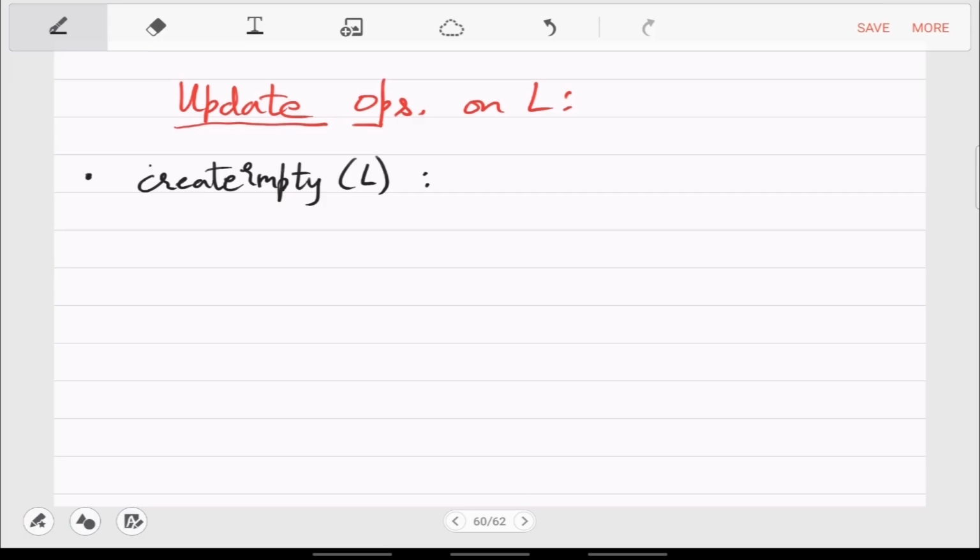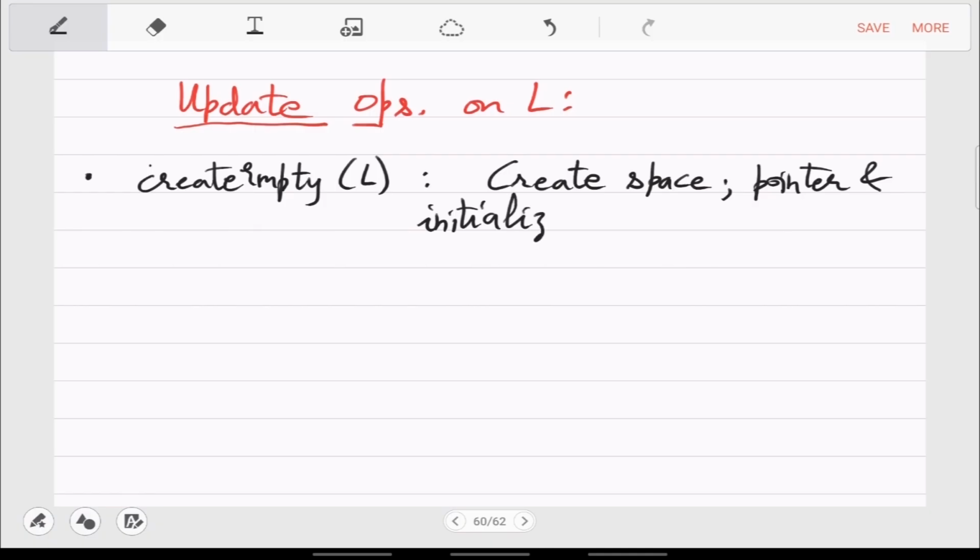So what this will do is it will create space, its pointer, and it will initialize. It will initialize to empty. Okay, so this is the first thing you have to do.